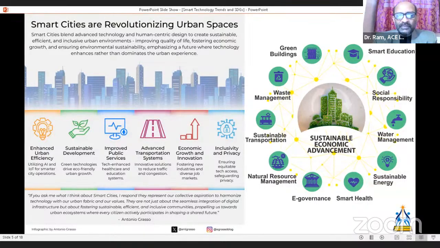Enhanced urban efficiency, which uses AI mediation, IoT (Internet of Things), and smart city operations. Security is now through surveillance cameras. Any deviation or disturbance can be easily found and attended to in the respective place. If any accident happens, or any problem associated with crowd-forming places, it can alert the particular governing body, and they will attend as quickly as possible.